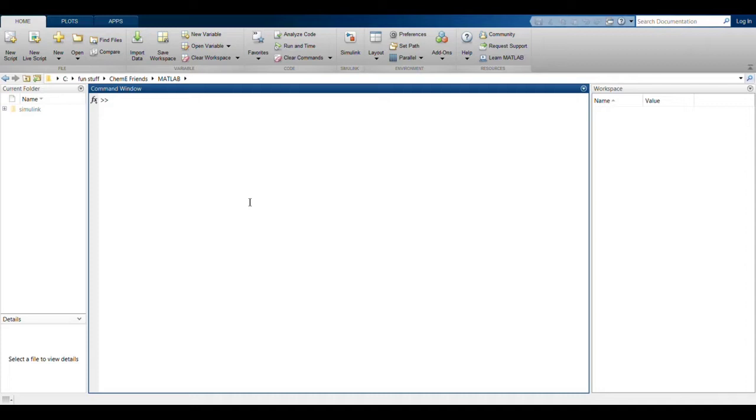Let's begin with the most basic of operations. In MATLAB we can add. I press enter, and we can see the value comes as 1 plus 1 equals 2. We can subtract, we can multiply, and we can divide. Please note the symbols used for the operators.